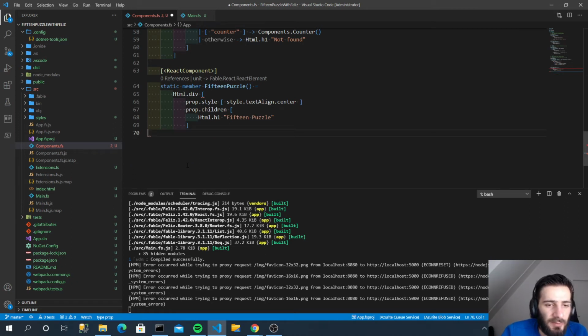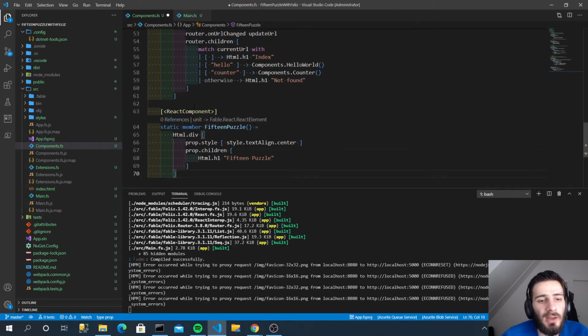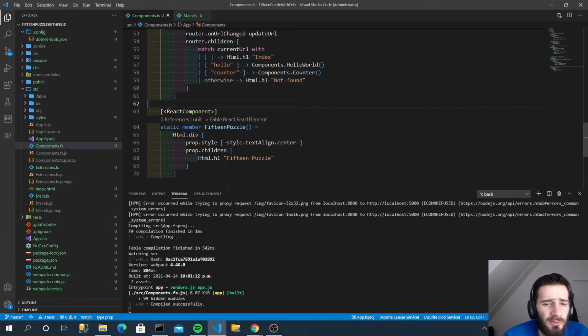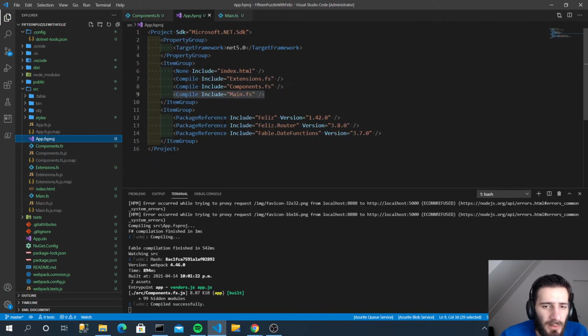If things get complicated with Feliz in here, I will just make helper functions instead, or helper components. It's up to you really. They're both interchangeable, or interoperable, to be precise. So you could switch out things here and there. If you want to use React components, you don't have to install Feliz. You install